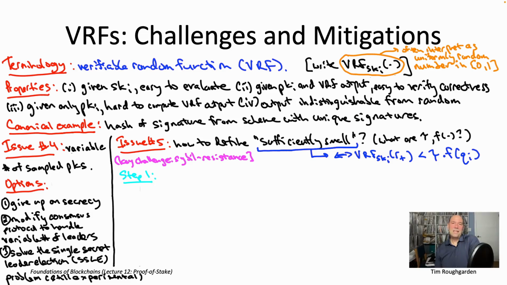So let's assume that all the stake amounts, all the q sub i's, are integers, which would mean that the smallest possible stake amount would be q_i equal to 1. That's basically assuming that stake is denominated in the smallest possible unit of the native currency that you're using. For example, for the Bitcoin currency, there is some smallest possible fraction of a Bitcoin that's ever considered by the protocol, known as a Satoshi.